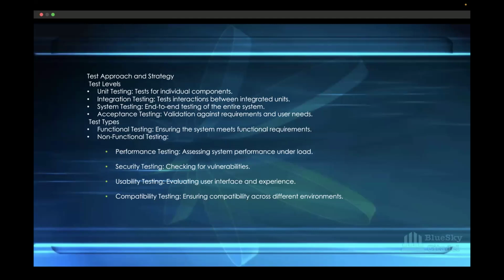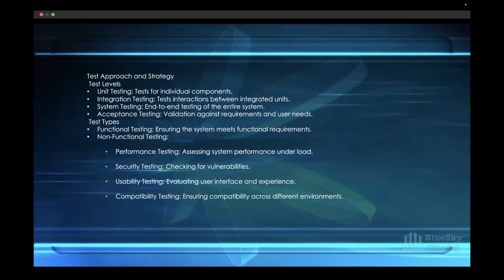Then you have integration testing. You test the interactions between integrated units. After you have tested your user text field and your password text field, your login, you want to test all these things together to ensure they are working as expected. If after I log in, what else do I do?